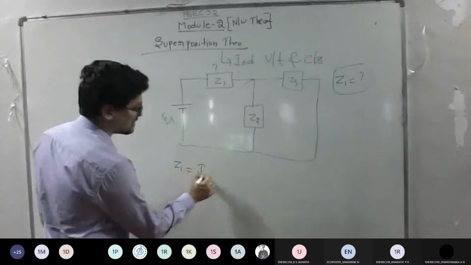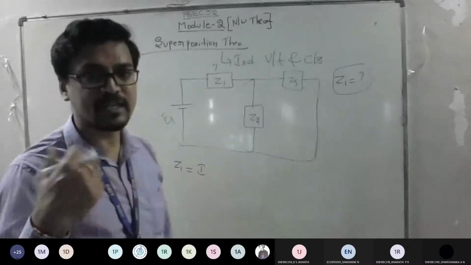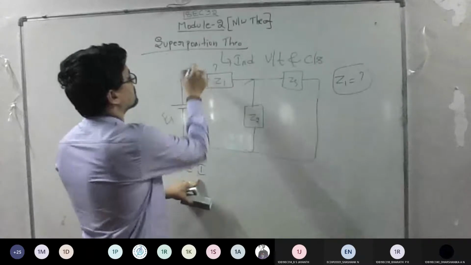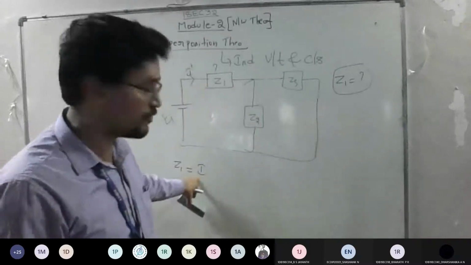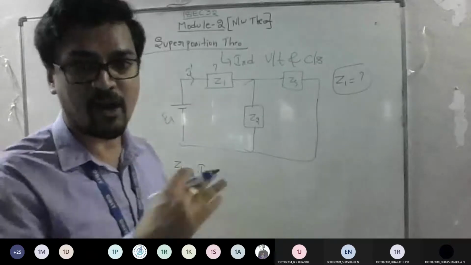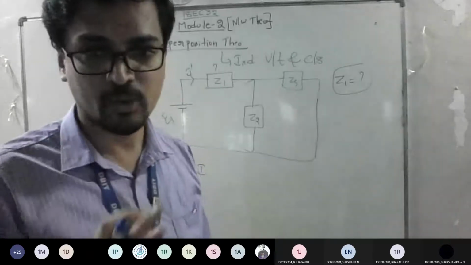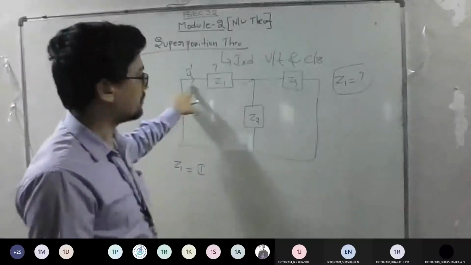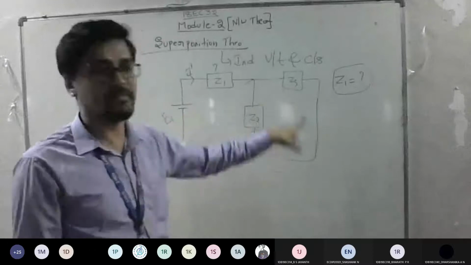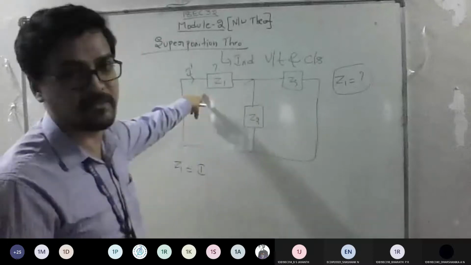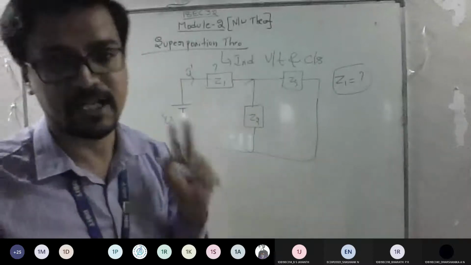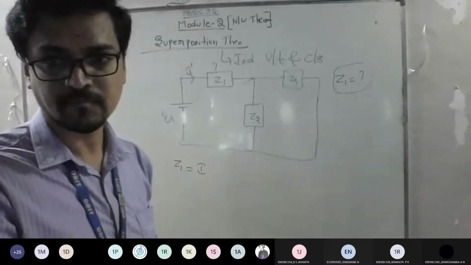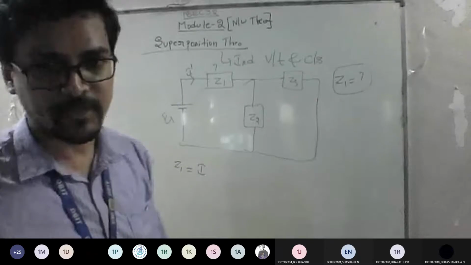If I take I as the current across Z1, after applying case 1, this I becomes I dash. Because if you want to find the complete I, I need to add all the components' current answers. How to do that I will tell. Before that, I need to find I dash, so I am using the concept of one active, remaining deactive. So the current across Z1, I am going to give a new name, I dash. Everyone done till here? Shall I proceed?